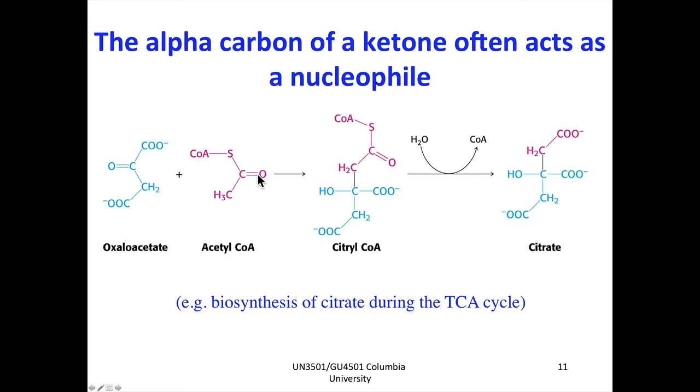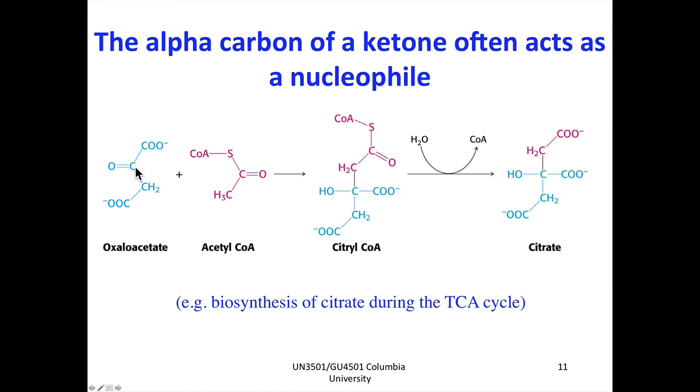If we make the enolate form of acetyl-CoA by deprotonating the alpha carbon, that can attack the ketone carbon of oxaloacetate. This carbon, because it's in a ketone, is a good electrophile. The enolate form of acetyl-CoA is going to be the nucleophile,